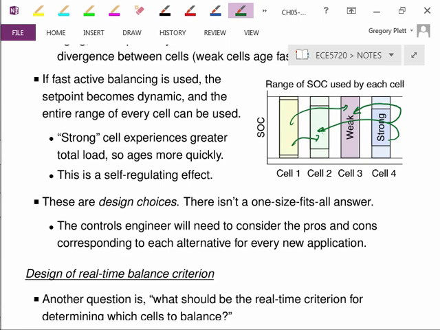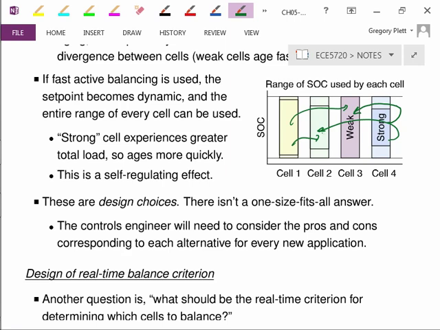And because the strong cell experiences a greater total load or more stress, it tends to age more quickly than the weak cells do. So if we have a weak cell because it's aged that way, and a strong cell because it hasn't aged, we're actually causing the strong cell to age more quickly and the weak cell to age more slowly, to bring the cells into a more homogeneous